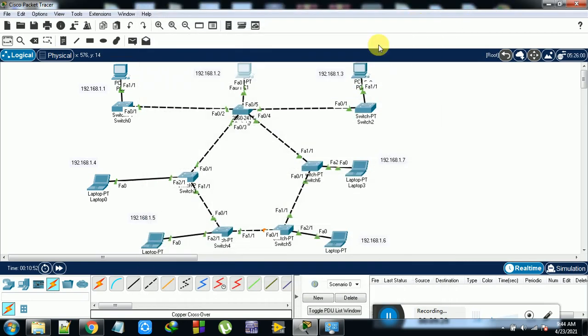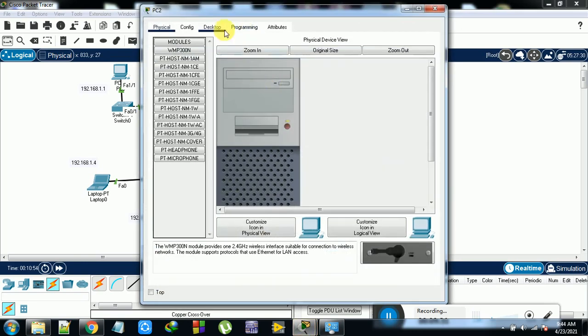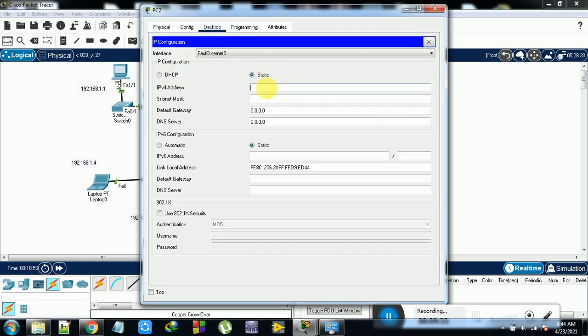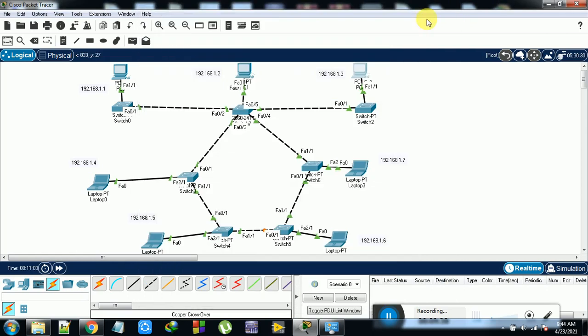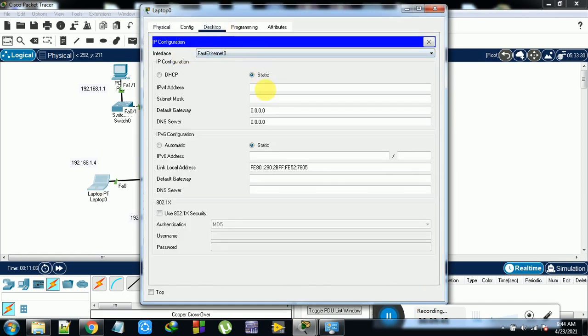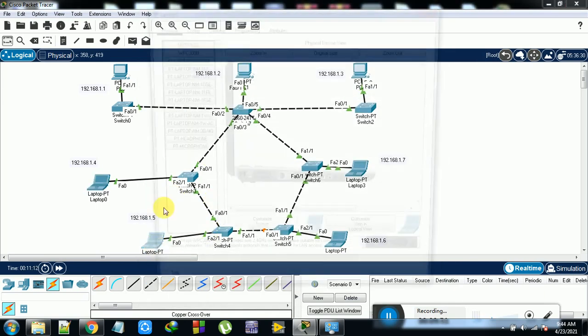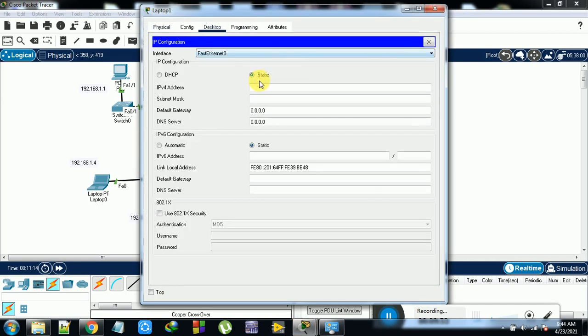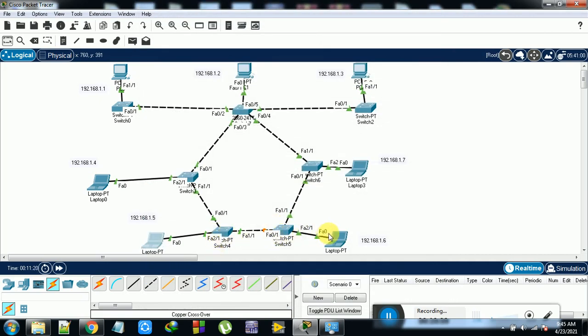Okay, done. This is desktop config 3. Done. This one, desktop config 4. Done. This one, config 5. Okay, done.